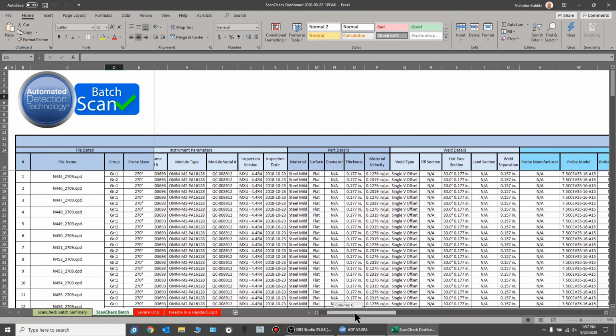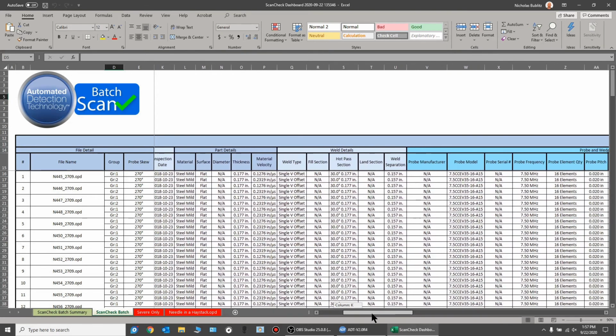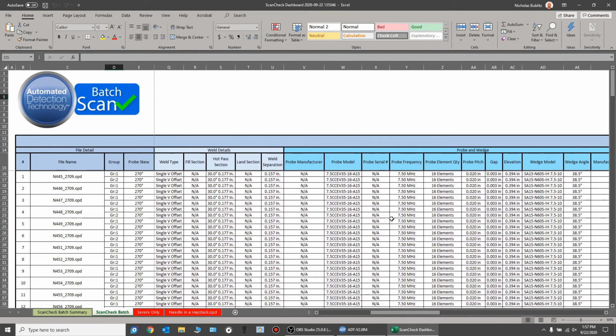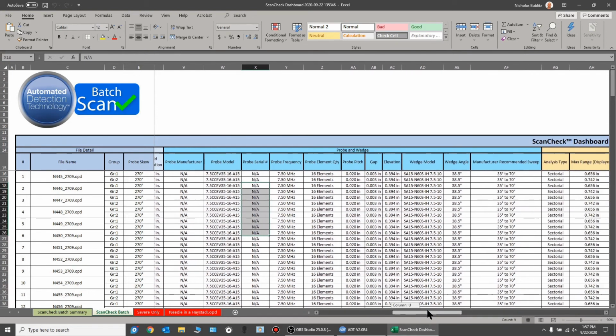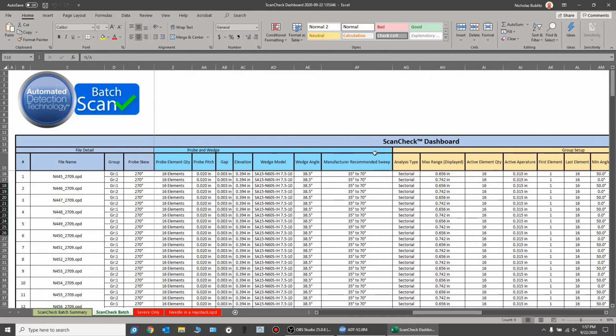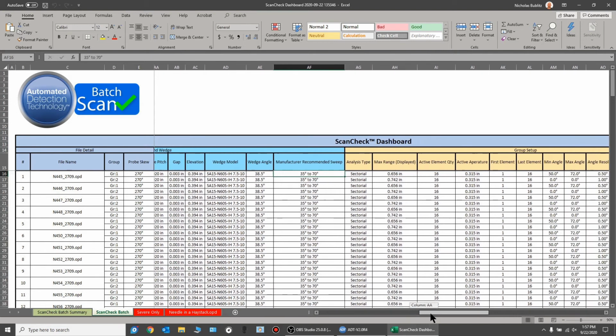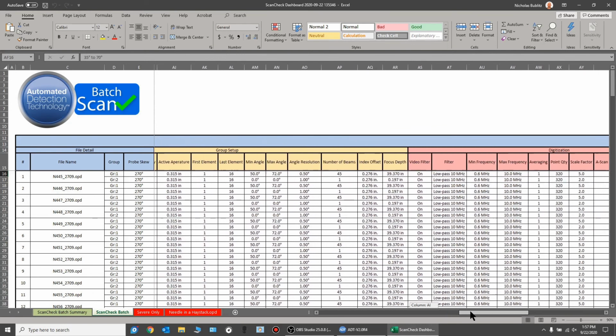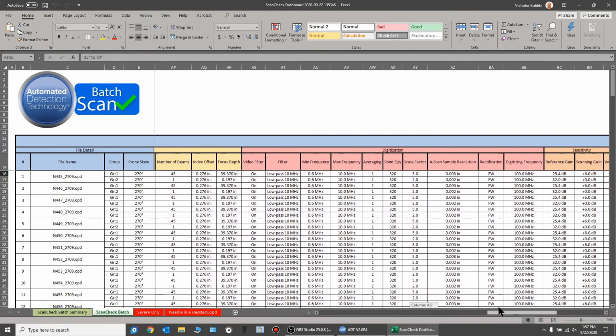So we can see things like instrument parameters, different part details, the weld details, the probe manufacturers. Some of these are coming back NA if they didn't have a probe ID, that kind of thing. But anything that we're able to pull out of there, we're going to. We even have our own things that we make sure get put in there that we often see get overlooked, that the code wants to see, like the manufacturer recommended sweep for the wedge you've selected, gap, that kind of thing for the probe. You can just see there's an exhaustive list of the type of data that we can